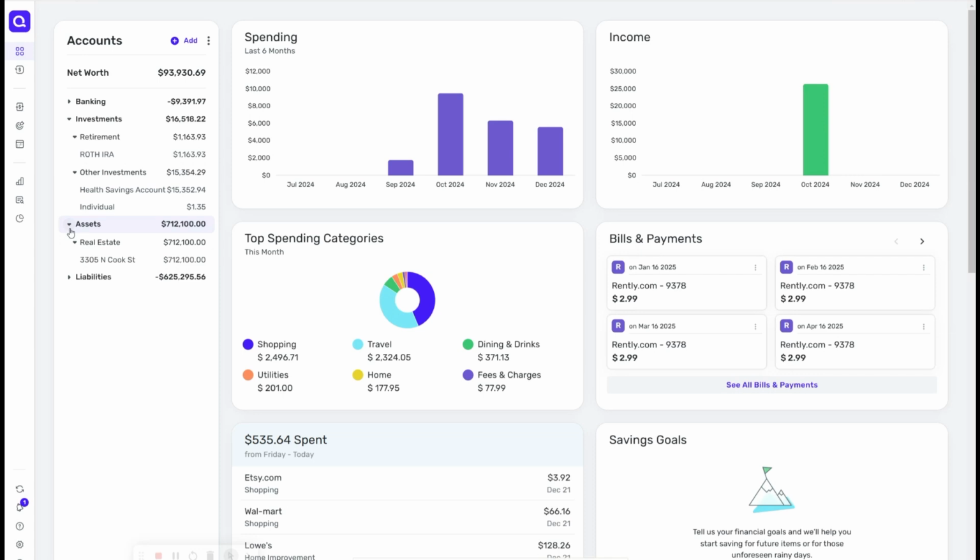And then below that, you have your assets. For me, my asset here is my property. I have a real estate property that is worth about $712,000. And then I have liabilities. I have two sets of liabilities, my vehicle and my home loan. Technically, I should also add my vehicle information up here, and you can actually manually do that